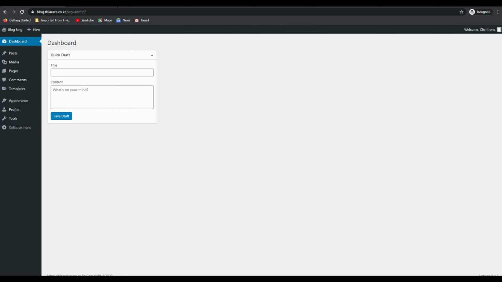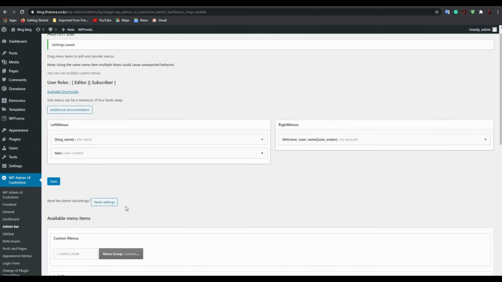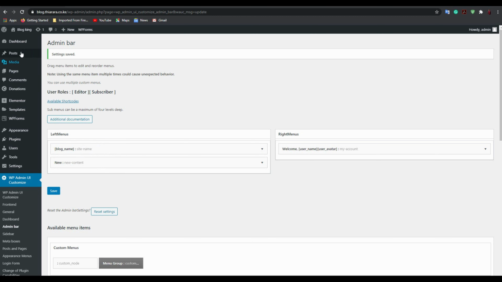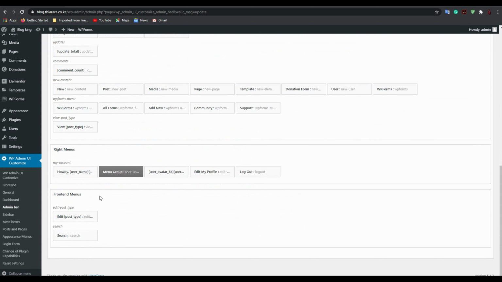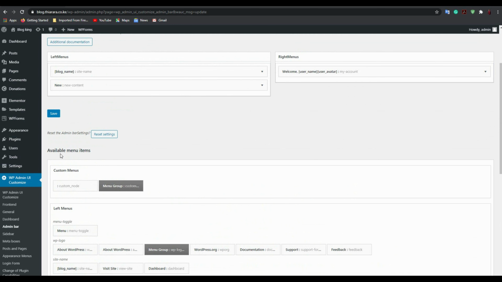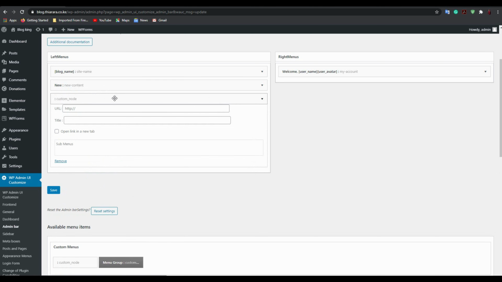Now let's set the sidebars and I'll show you how to add some new things there. When you want to add something on this menu here, you just come to these available menu items and you select the one you want to use. You can drag. So I just come here and select this custom node. Here we can add something like a link. I just direct it to my contact page. If the customer needs help, you say need help, contact admin,